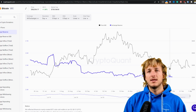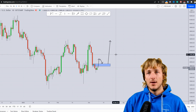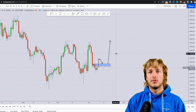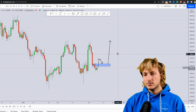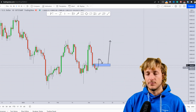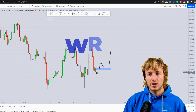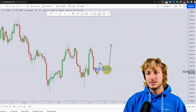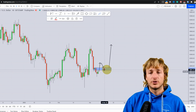drop, meaning that at the moment what could easily happen is that we get a supply shock, because most of the Bitcoins are still getting transferred away from exchanges to cold storage, meaning that overall, if demand increases, the price should increase quite quickly. Therefore, if we get a break back above this resistance after a break on the retest of the previous resistance turn support, this is the zone that at that point with students we would be monitoring for a potential